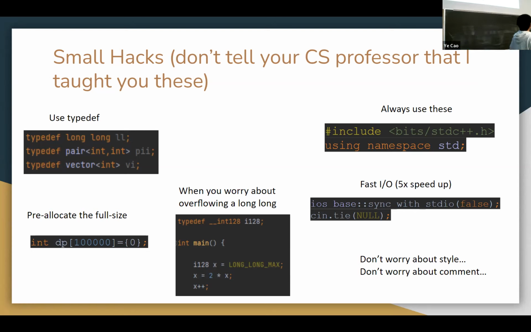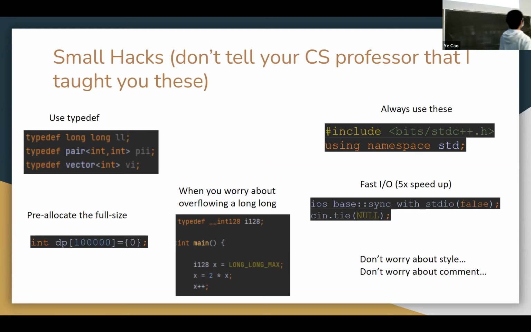And always pre-allocate the array size. Again, widely considered a bad practice by the computer science community, however, extremely useful in programming competitions, because instead of using dynamic sizing, where you read n from the problem, you just allocate the full size at the beginning, so you don't have to worry about adjusting the size later.